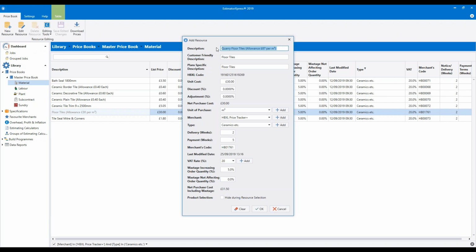So we've given it a description, and this time I'm just going to copy the whole of the description and paste that description into the other description fields.